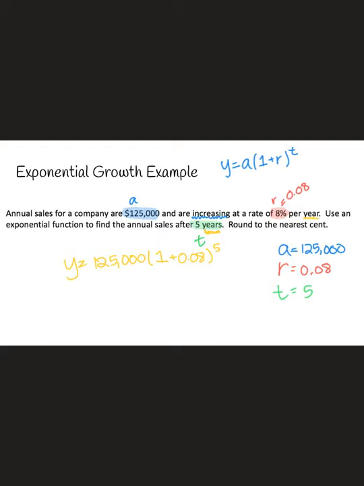That's honestly the only way I would suggest doing this. There's no reason to not use your calculator. So you plug this into your calculator exactly how you see it, and you make sure that this exponent is outside of the parentheses here. It looks just the same. You're good to go. And then you're going to get your value and round it to the nearest cent,